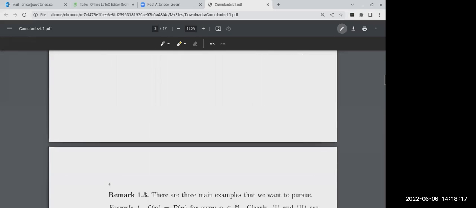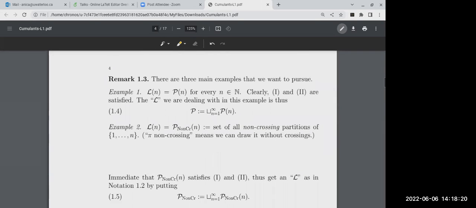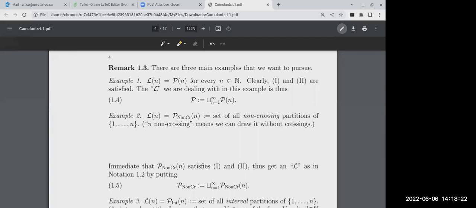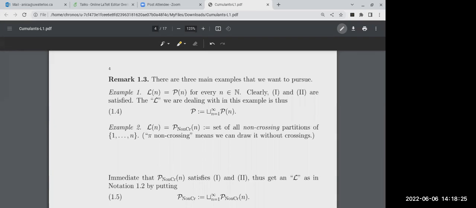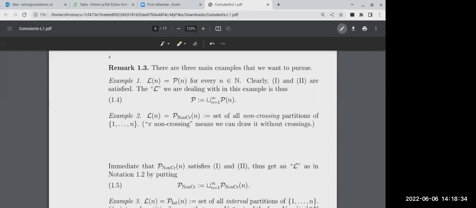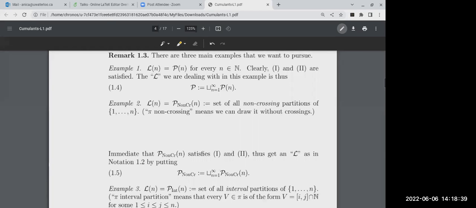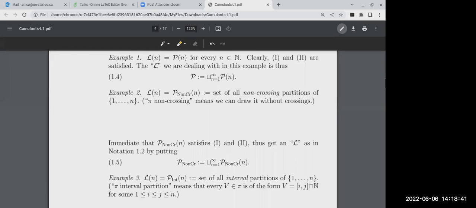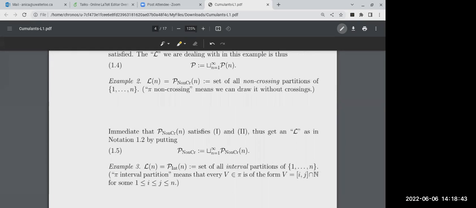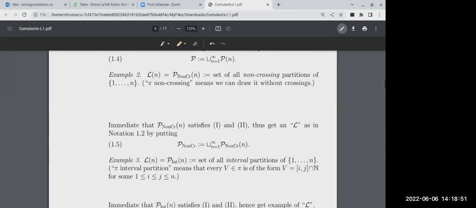Okay, good. Now come the examples. So what are the 3 main examples? One is when L of n is P of n. This will give, in the discussion that comes, the classical cumulant. Then for a second example, L of n is the collection of non-crossing partitions of n, and I have a feeling that, again, most people at this conference